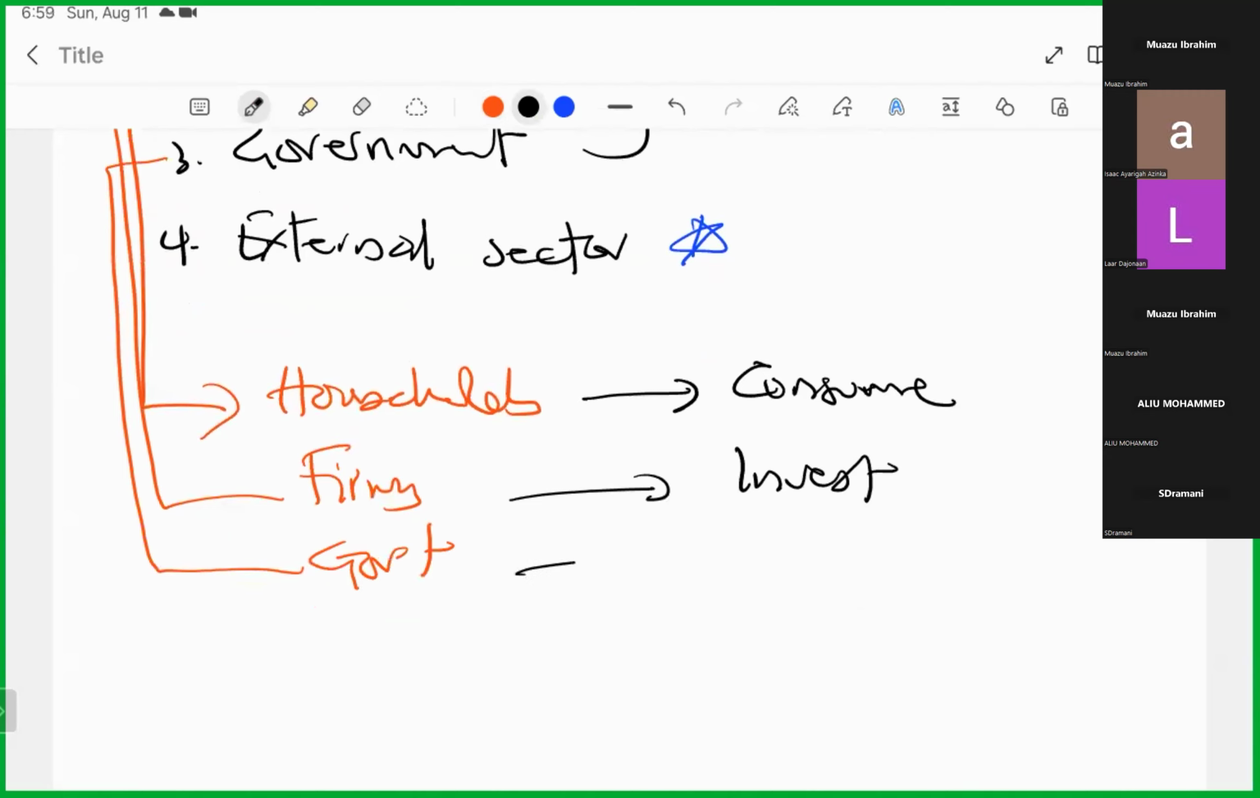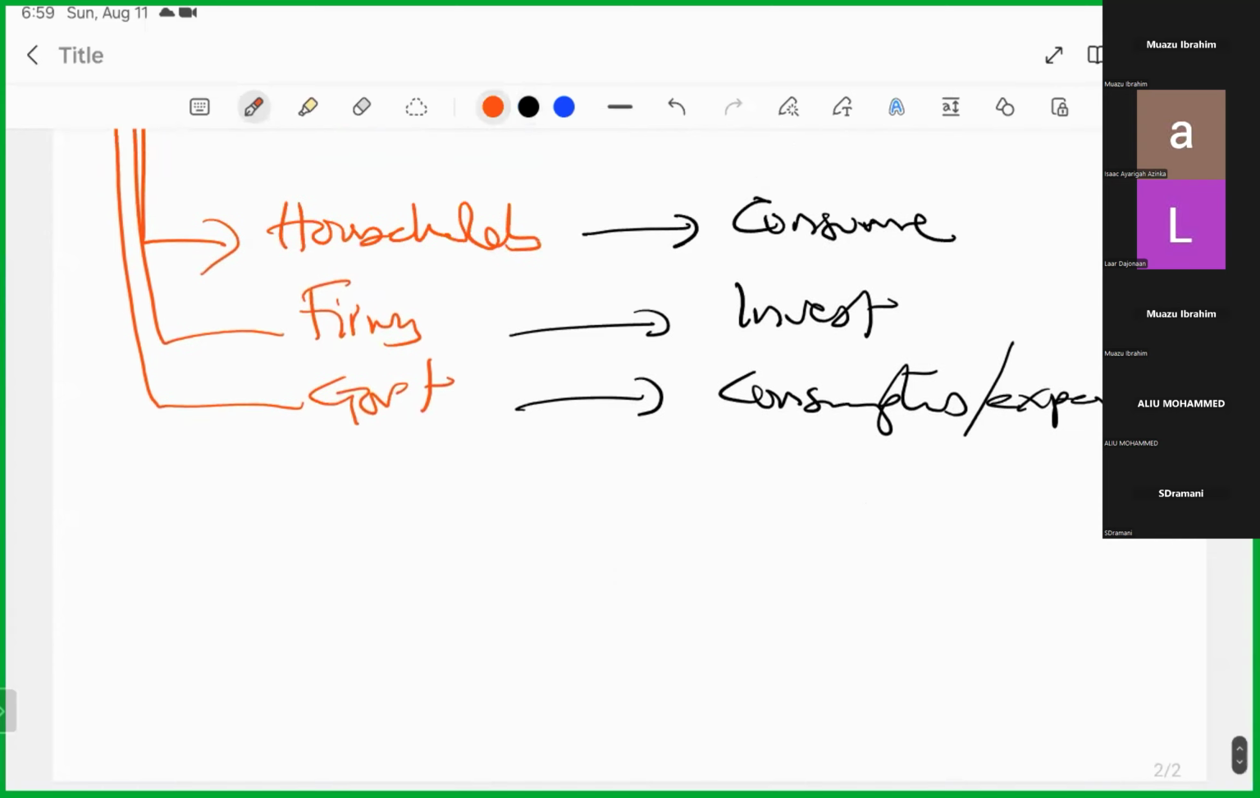Government will also spend some expenditure on consumption. Government will also have consumption. And then we talk about the external sector. So government will incur what is called the government expenditure. Here we also have consumption and the rest. So with this particular approach, we are now going to look at the GDP